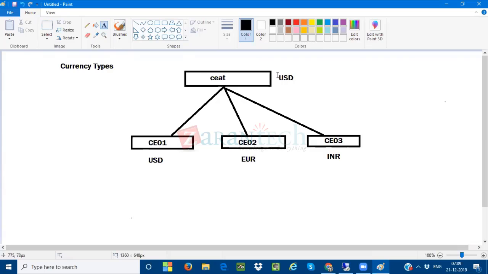So when you are assigning a currency to a company code, what are these currencies called? These currency codes are going to be represented with the currency types. Very, very important. So whenever you are assigning a currency to a company code, then it will be represented with